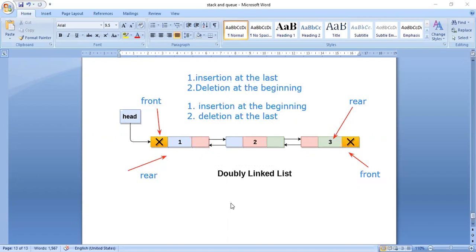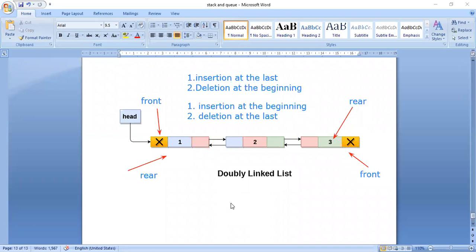Previously we discussed, on both sides I will be doing insertion and deletion. At the front end, I will be doing deletion and insertion. At the rear end, I will be doing insertion and deletion. But generally, what is a queue? Insertion will be done at the last and deletion will be done at the front.